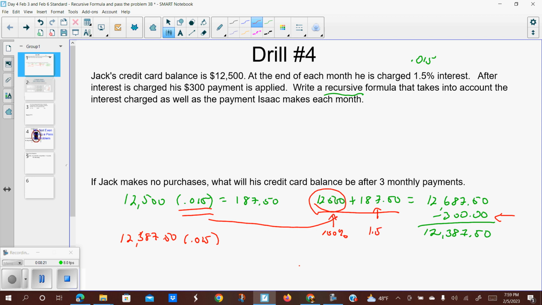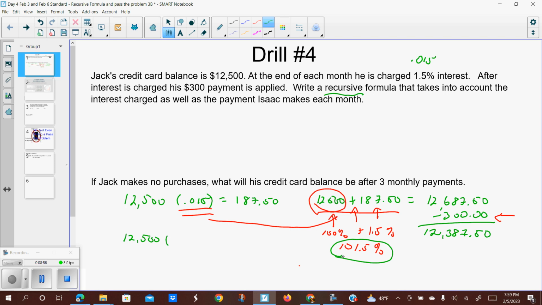So if I want to combine both of those two things into one step, I am literally going to do what it says here, and I'm going to add them together. Forgot my percentage symbol. So really what I get is 101.5%. Well, if I want to combine those two steps, let's take a look at what happens. I'm going to erase this over here. And we're going to go ahead and see what happens if I take 12,500 and I'm going to multiply it by